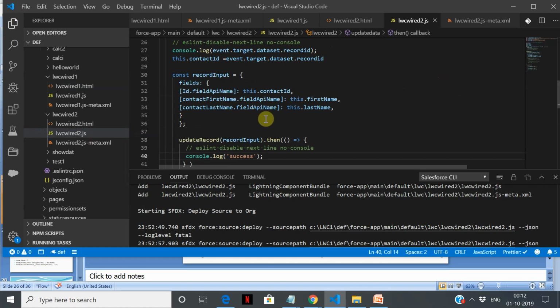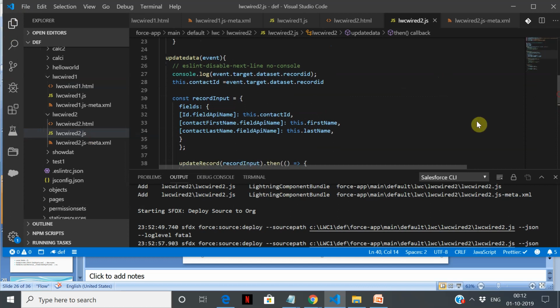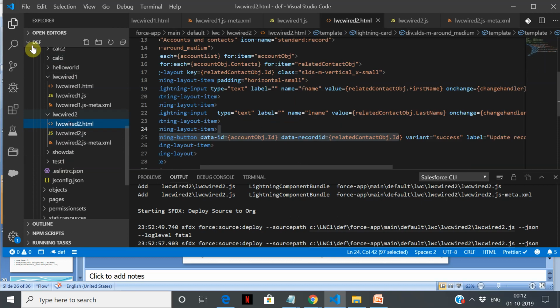Alright, so with this our final API is ready. So we need to invoke it from a button here. So basically what we have done is we have finally mapped the ID field API name, and we are taking the record ID. So the most important thing here is we are taking the record ID from the data set, and then we are taking the first name and the last name whenever there is any data changes. So let us save all of this first.